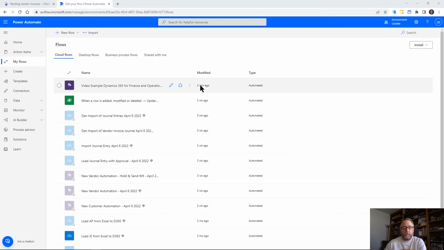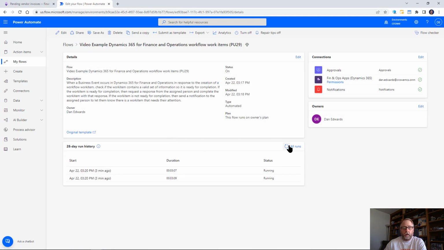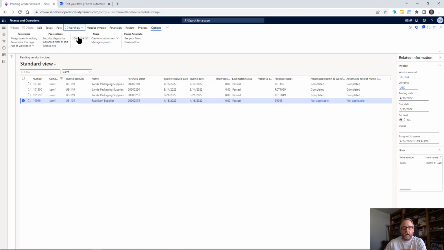You notice I didn't have to do any coding. If I go back and look at this flow, so now you'll see as I refreshed inside of Power Automate that my flow has succeeded. So if I come back out here to vendor invoices, do a refresh again, go to that invoice, look at workflow,